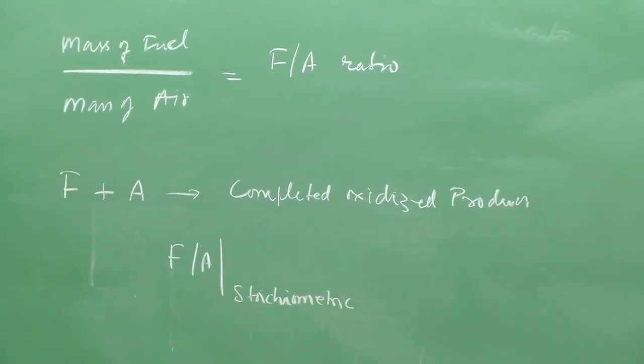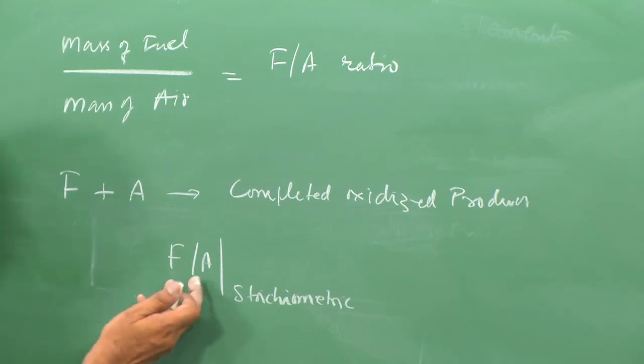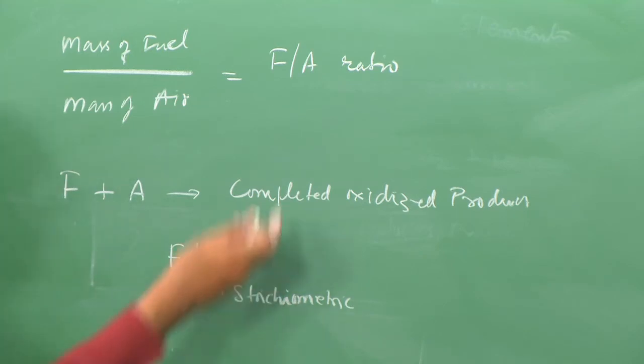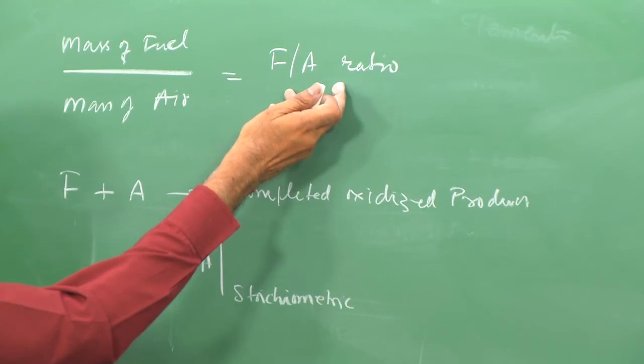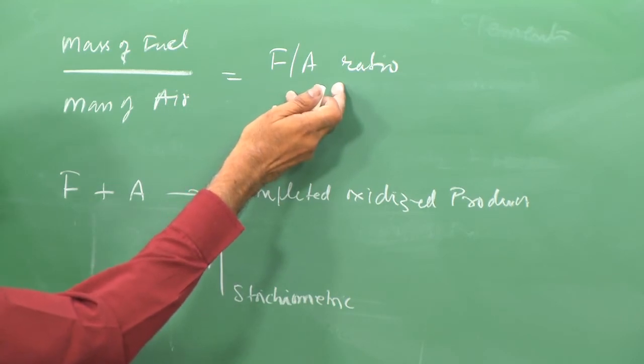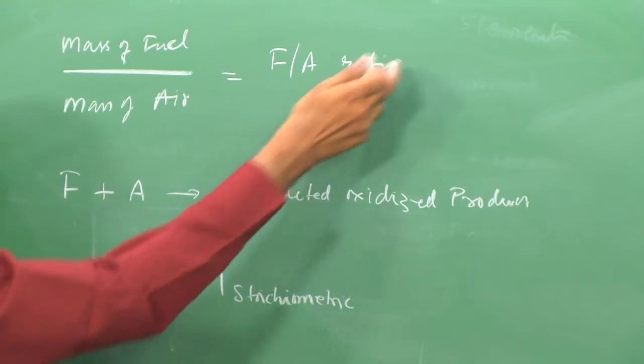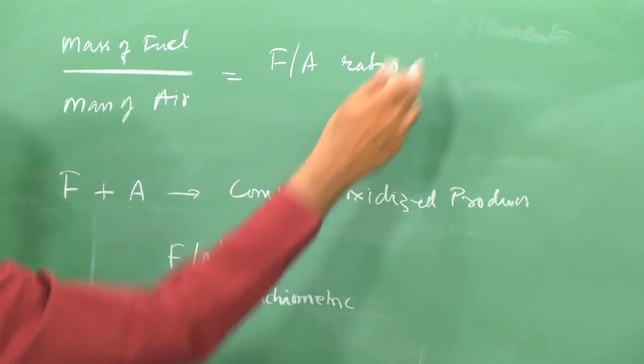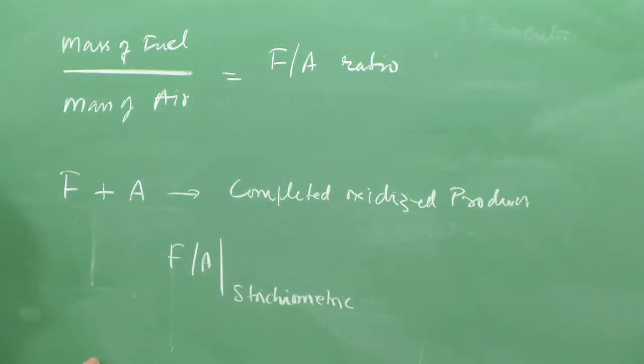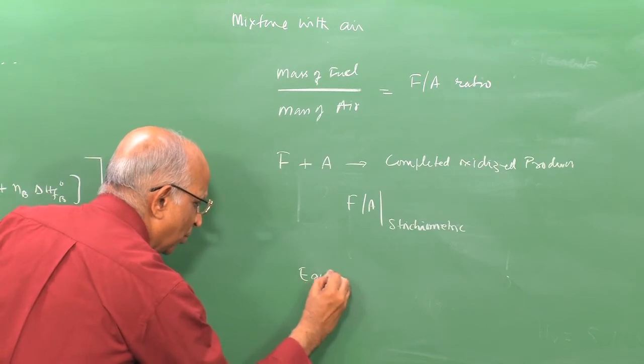And what is the value of the stoichiometric reaction? Well, the amount of fuel by air, which I say is stoichiometric, whereas in practice it could be anything different from stoichiometric, because as we told ourselves, it need not always form the completely burnt products. We define something known as equivalence ratio